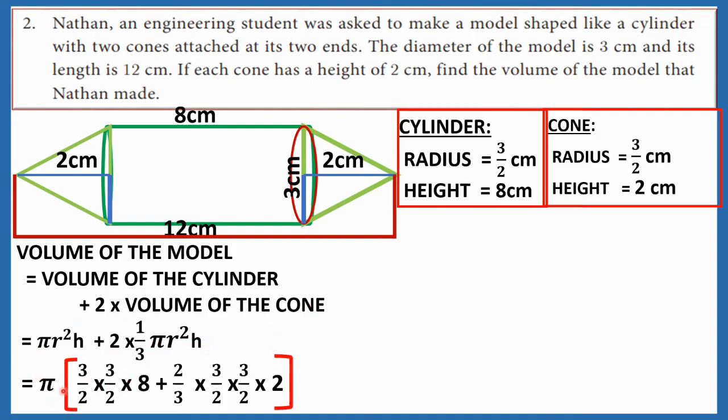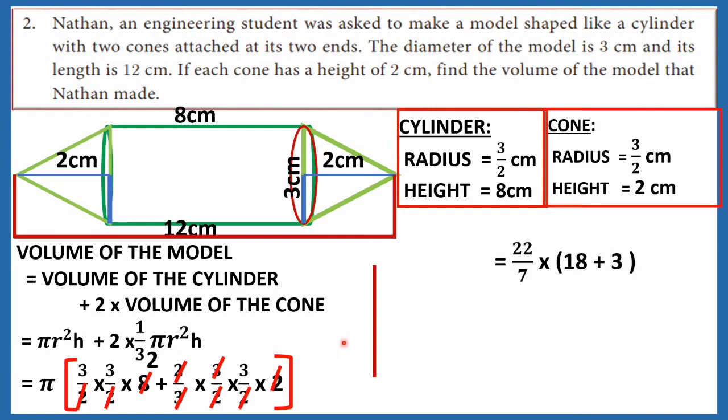Before that, take pi outside. Pi, 3 by 2 into 3 by 2. See here, it is the height of the cylinder. So 8. And here it is the height of the cone. Cancel the terms. 2 and 2 get cancelled. And this 2 and 2, 3 and 3. Listen, see here. 2 2s are 4. So 8 divided by 4, 2. There is no number in the denominator. So multiply the